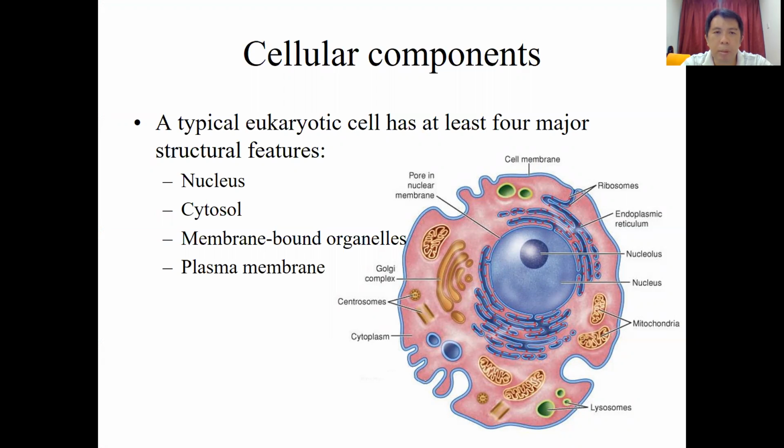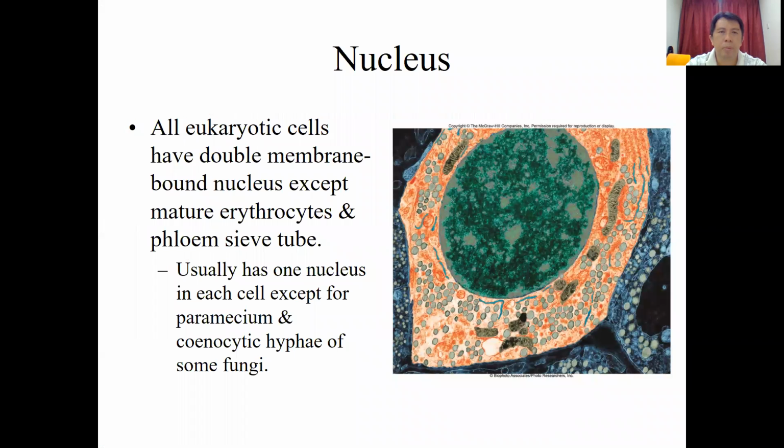A typical eukaryotic cell has at least 4 major structural features: nucleus, cytosol, membrane-bound organelles, and also the plasma membrane. Nucleus is found in all eukaryotic cells, which is a double membrane organelle,